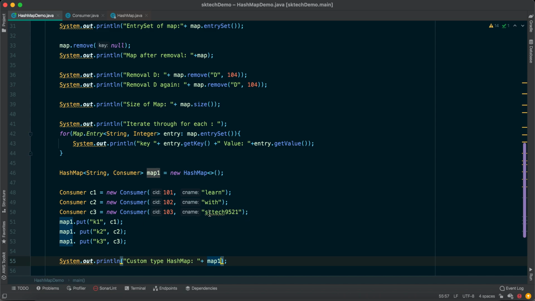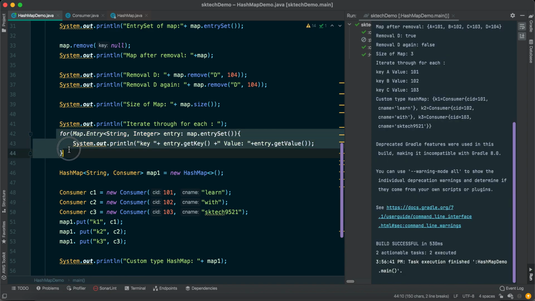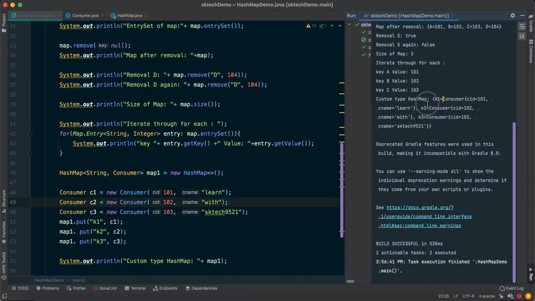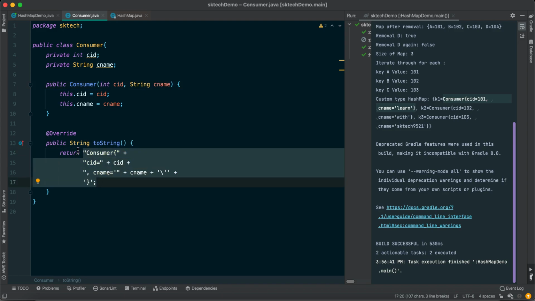So this is the way we can insert the custom type, or you can say user defined class, inside the map, and using a simple statement we will be able to print it, or we can use this iterator and print it. So if you can see here, key is this one K1 and value is an object type. Here it is printing in a proper format. This format is because we have overridden the toString method and we have defined the format. Basically toString method is used to define the way of printing this object. So we have defined something like this.